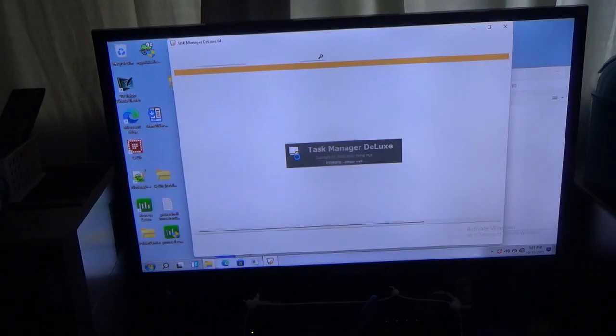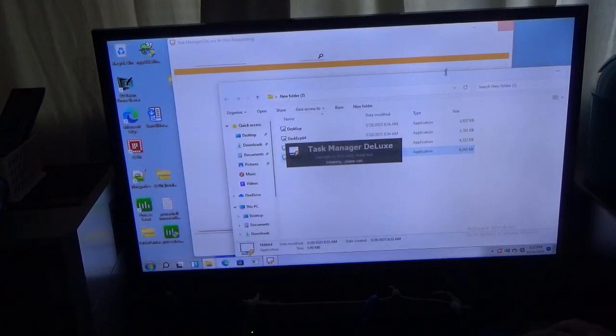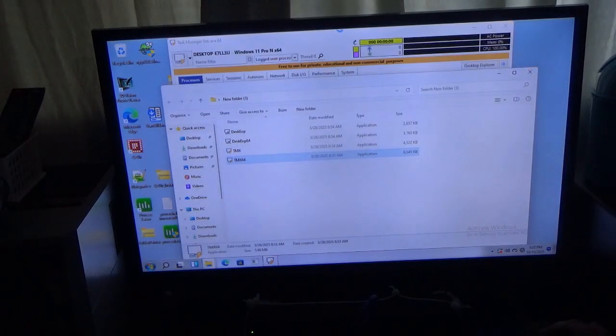So as you can see, this program is initializing, which is what I want. The program is not responding. Okay, I'll try the other version real quick. Oh, there we go.